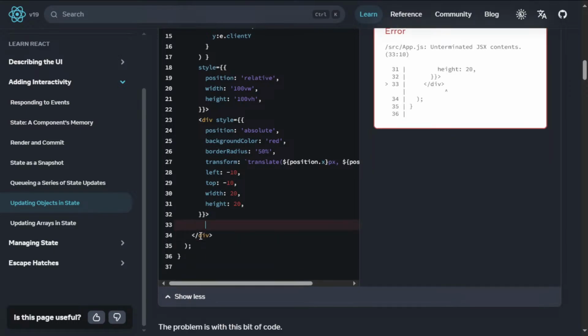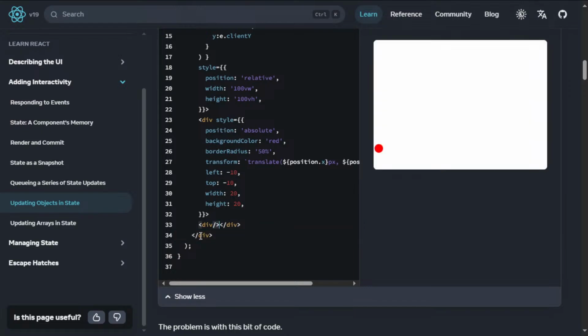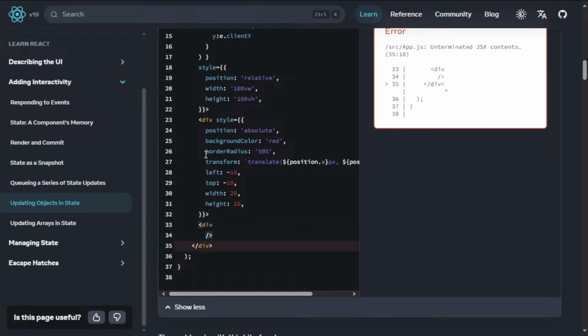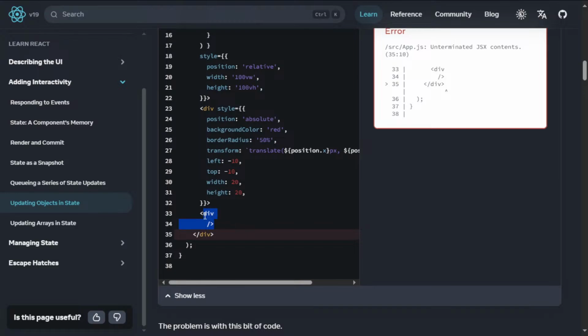I would like to create one more div, and that will be my self closing div, and I want to give the style for the same. But the thing is, we can't update the thing like that. I think what I can do,